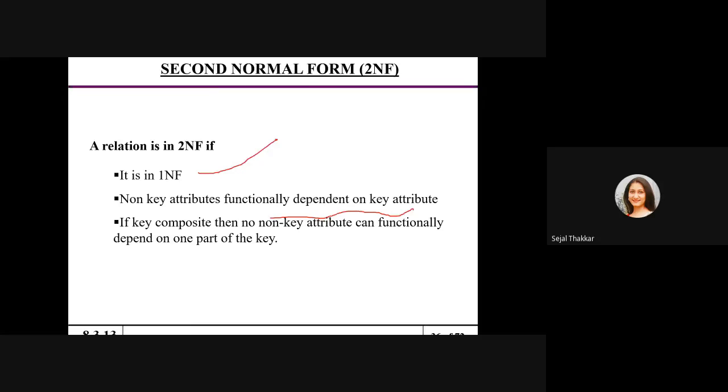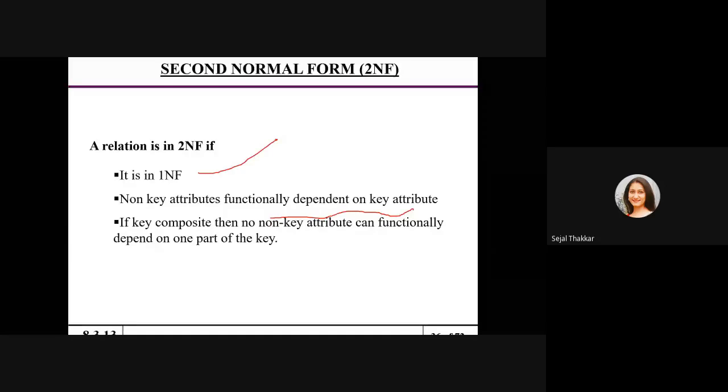What it means is, from that particular student enrollment number, I'm going to get all the remaining attributes. Suppose in our ERP system I enter your name, then I'm not going to get all the details. But if I enter your enrollment number, I'm going to get all the details about the student. From the enrollment number, I can get your name, your address, your admission year, your fee status,